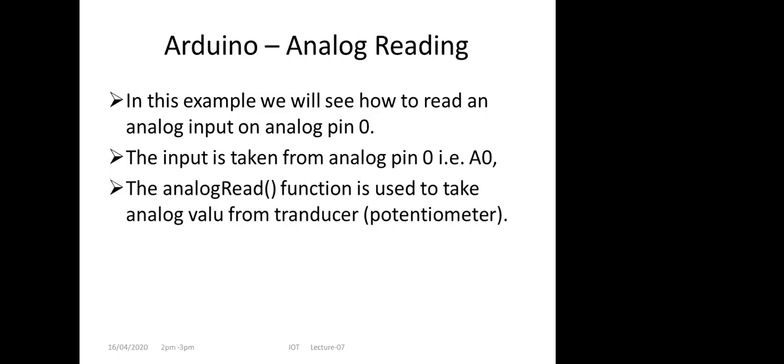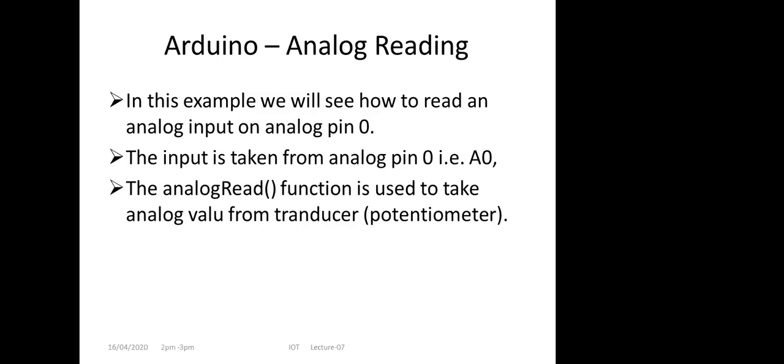You might have seen in the last example, to glow the LED, we needed to write something on the digital pin, which is the 13th pin. We equated it with the variable ext_LED, right? So we did digitalWrite on ext_LED comma HIGH.